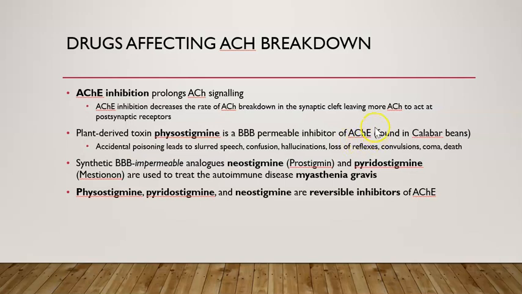So it prevents the breakdown of acetylcholine. Now, this toxin is found in calabar beans. And what this does is it can actually lead to poisoning, where you will see slurred speech, confusion, hallucinations, convulsions,